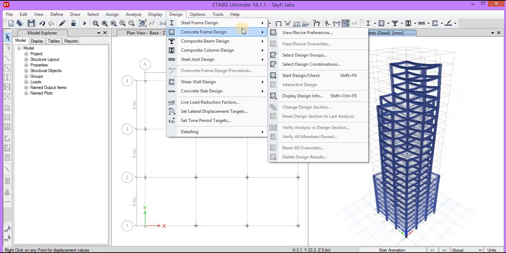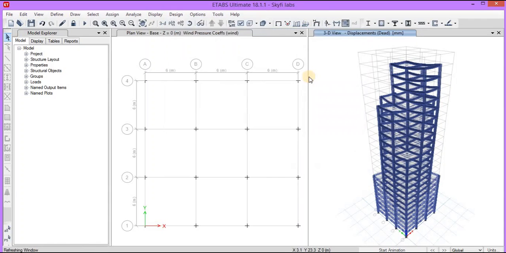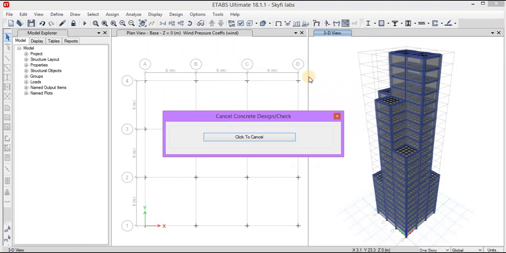Go to design, concrete frame design, and start design/check. Wait for some time.